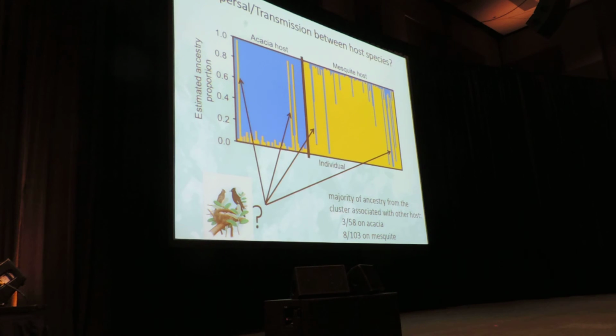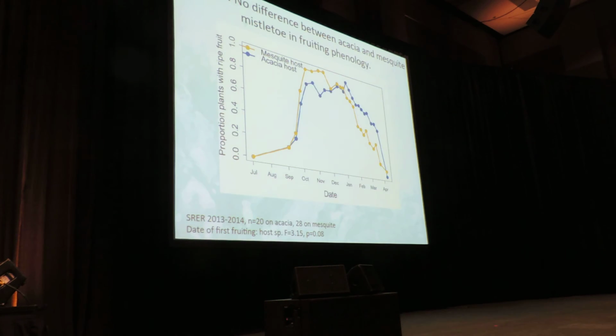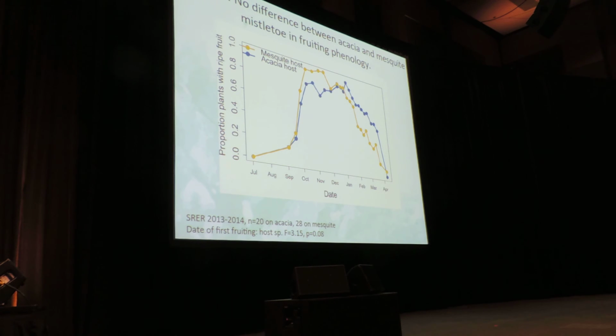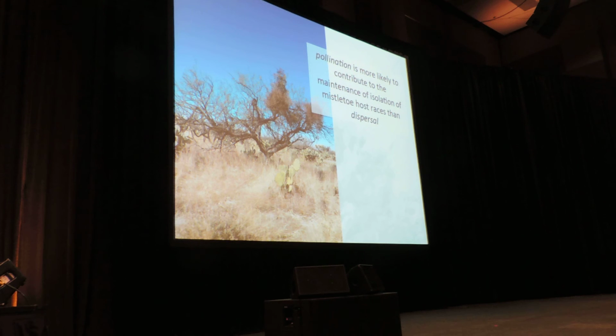In contrast, we see a handful of individuals that appear to be the results of successful dispersal events between the host species. This is consistent with the fact that the fruiting phenology is constrained regardless of host species, and we think it's constrained to overlap with the specialized seed disperser. So in general, we see that dispersal has less potential to provide a barrier to gene flow between these host races than pollination does,